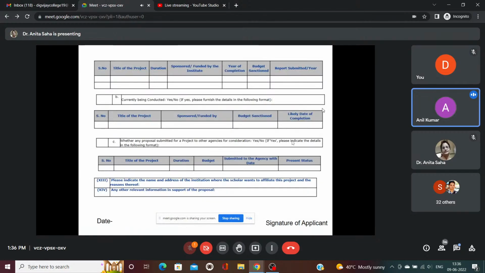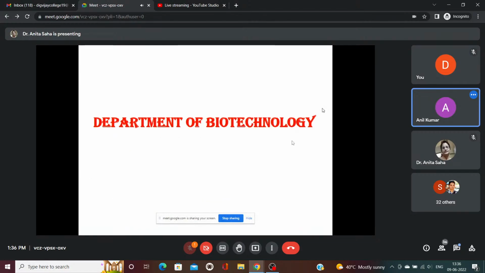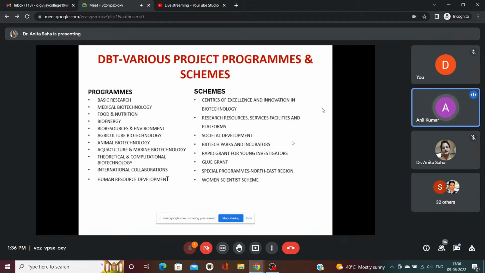Go ahead. Okay, next. Now, Department of Biotechnology. As its name indicates, it seems that this is exclusive for the biotechnology. But no, this is not true. The Department of Biotechnology is primarily open for the researchers from all the fields. There are a lot of scopes for the people of the chemistry, people of the physics, people of the botany, zoology, from all the natural sciences. And there are also scopes for the researchers of social science and other fields.